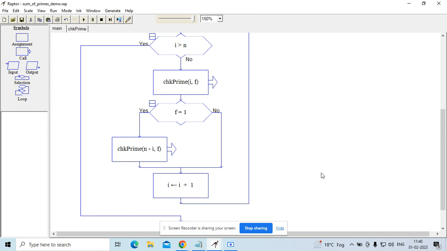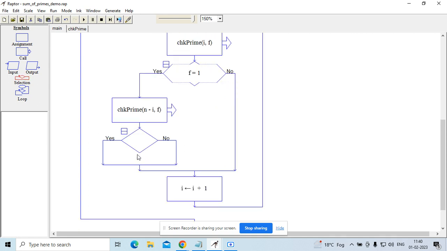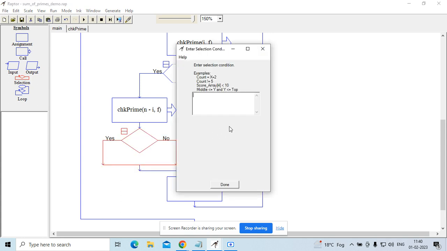So I will use this function again to check whether n minus I is a prime or not. If I is a prime and n minus I is also a prime, in that case, if this is also a yes, I will use a selection here again. If both are yes, so here also, if f is equal to 1,